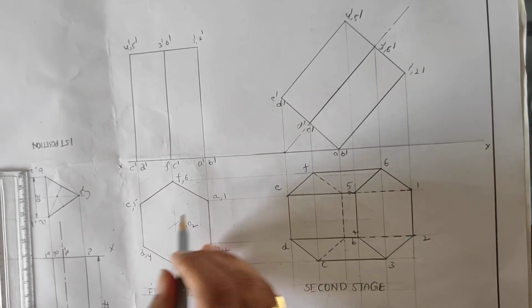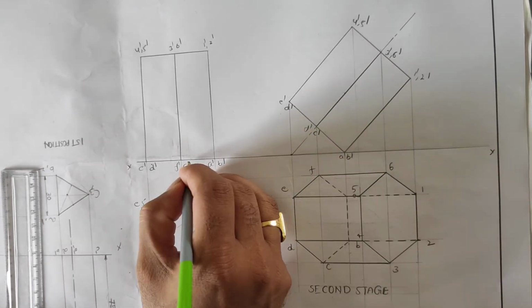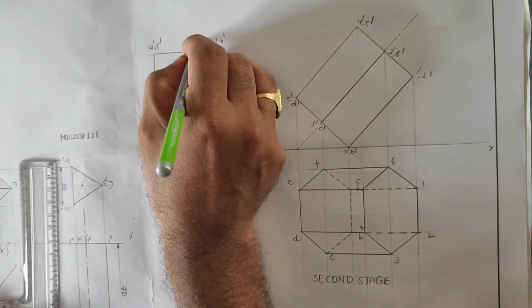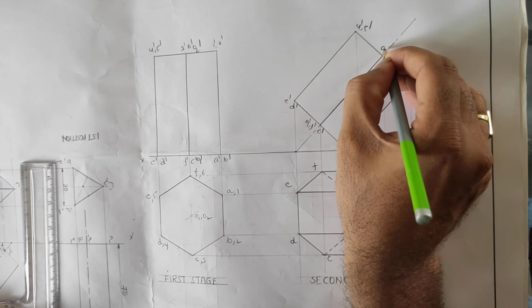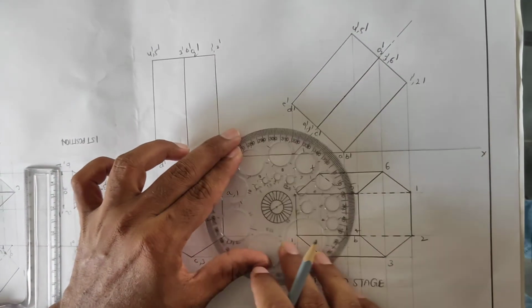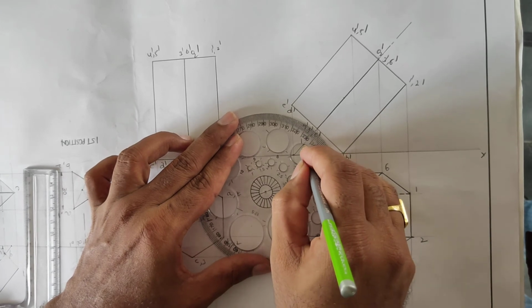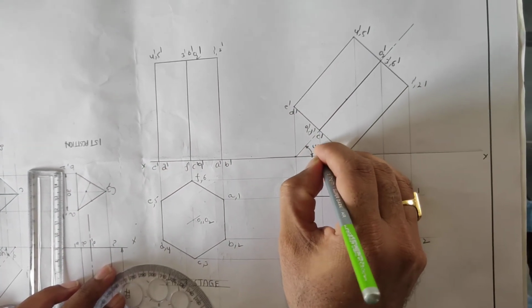Okay, some more I forgot here. That is O1' here, and this is O2', and here I want to represent O1', and this I want to represent O2'. And one more thing: here I have not represented the angle, but I kept it at the angle only. So this angle is 45 degrees with the horizontal plane.